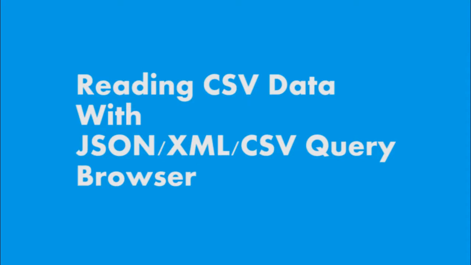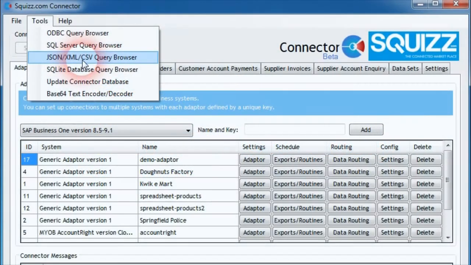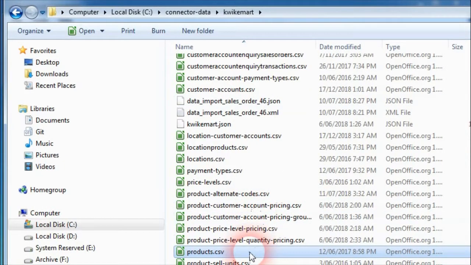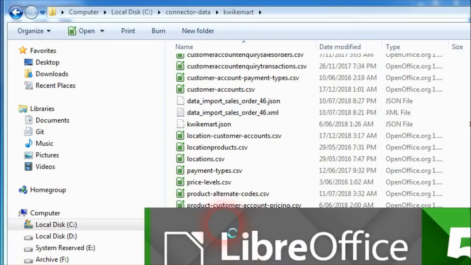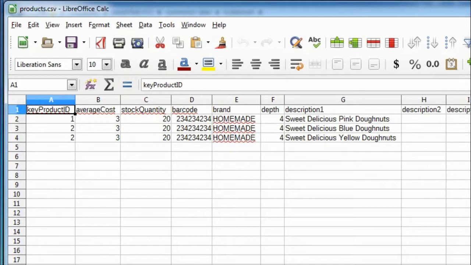So now the query browser has changed its name to the JSON XML CSV query browser. If you're not aware what a CSV file is, it stands for comma separated values, and these files can typically be opened within spreadsheet applications. So if I click on this product CSV file I've got here, we can see within our spreadsheeting application where